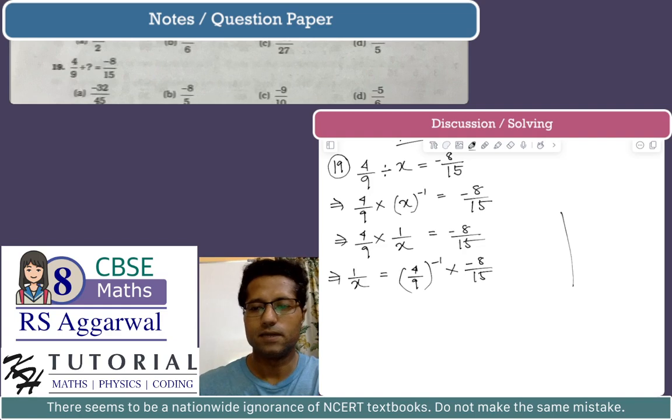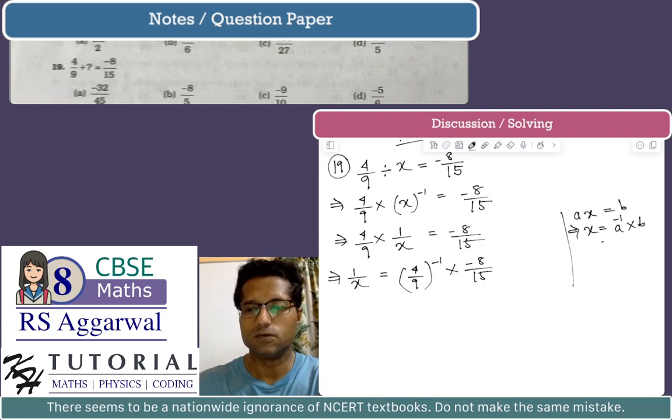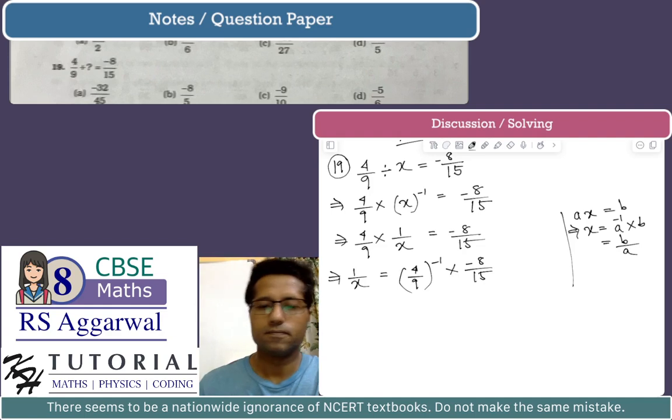As we know, if we have a multiplied by x is equal to b, this implies that x is equal to the multiplicative inverse of a multiplied by b, which is equal to b by a. So the multiplicative inverse of 4 by 9 is 9 by 4. 9 by 4 multiplied by minus 8 by 15. So this is